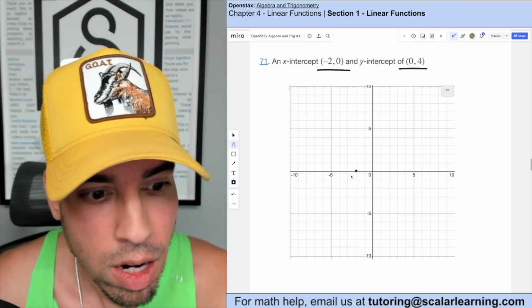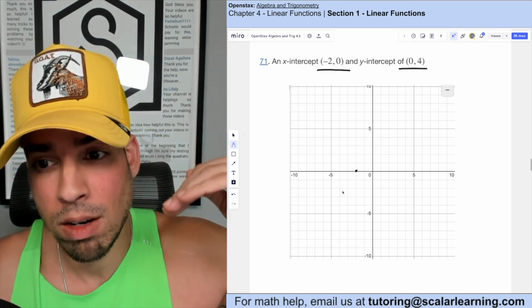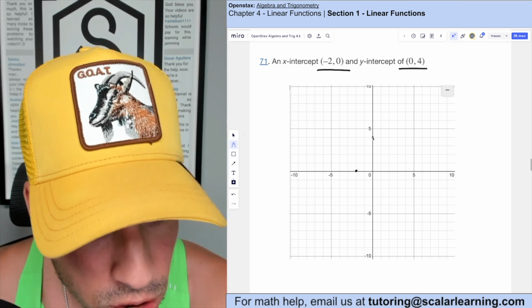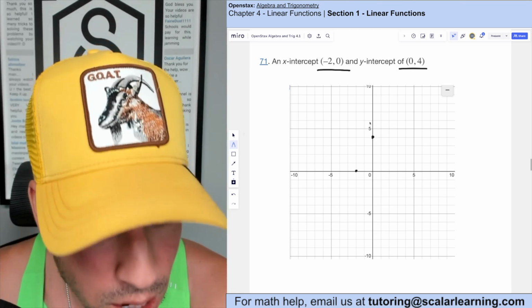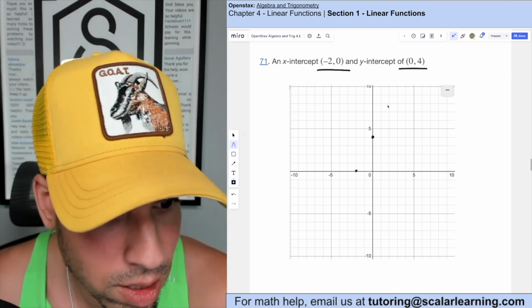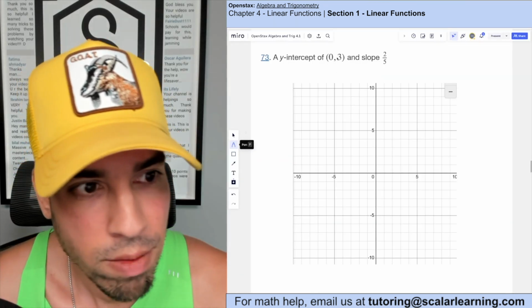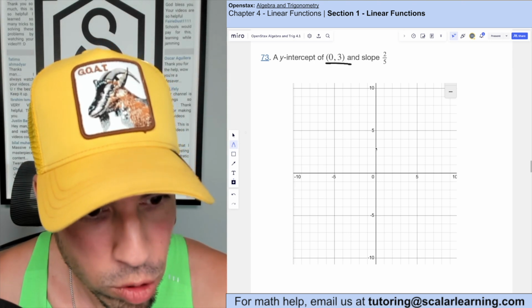So right there on the x-axis, and then 0, 4, y-intercept right here. 0 and 4 going up on the y values. And then now we're going to connect the dots. And there's the final graph. Boom, done. So for this one, we have a y-intercept of 0, 3, which I'm going to plot right here,